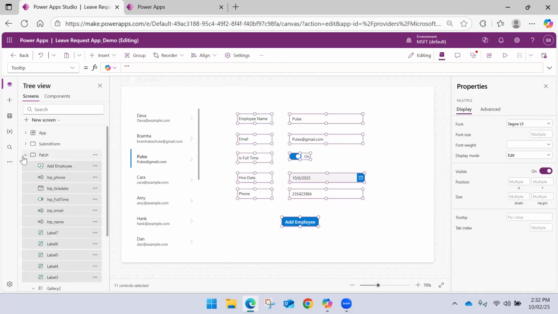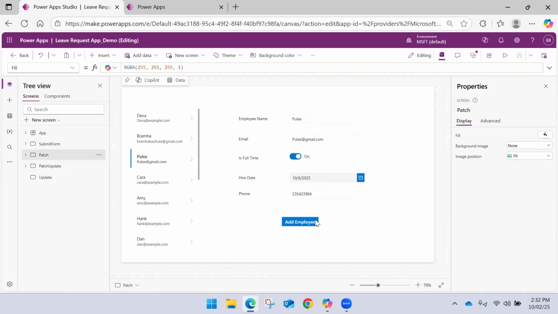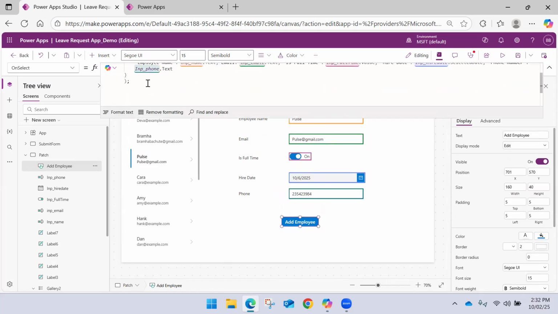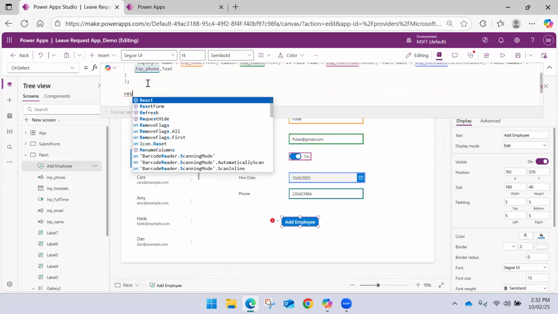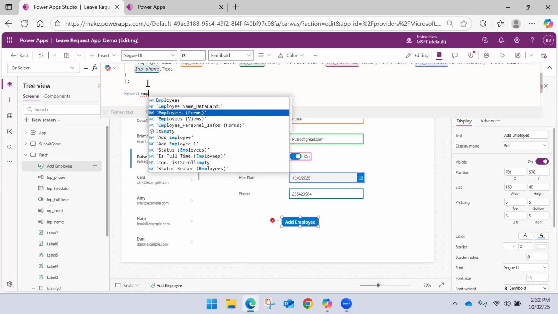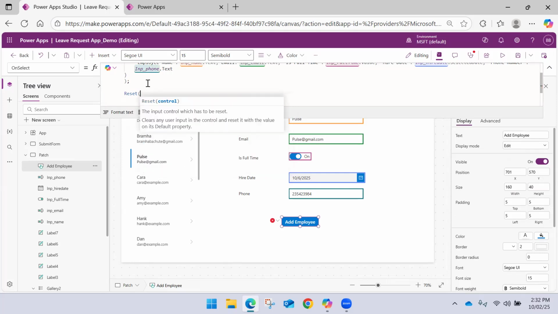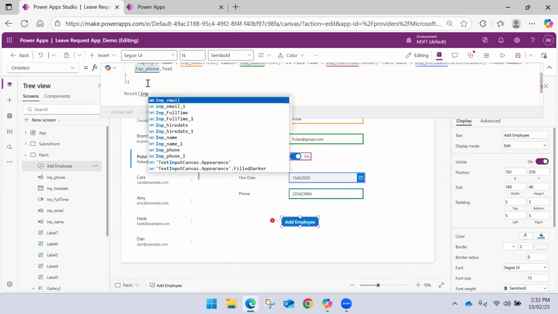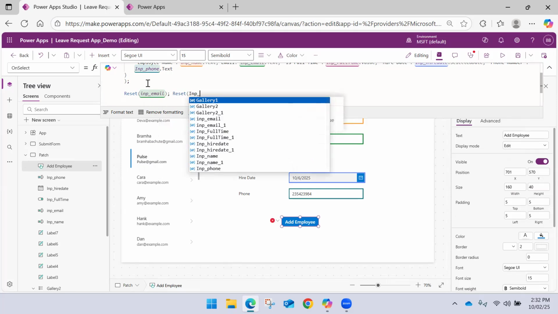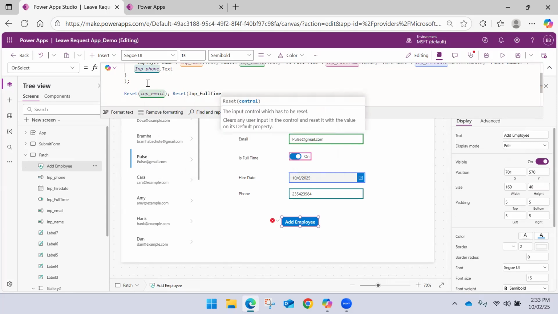And reset form is not used, that's why. Otherwise they should not hold the data. So my bad, but see, whenever you use the patch function, you need to reset the things manually. So I will use reset input email, reset input full time. Then I will say reset